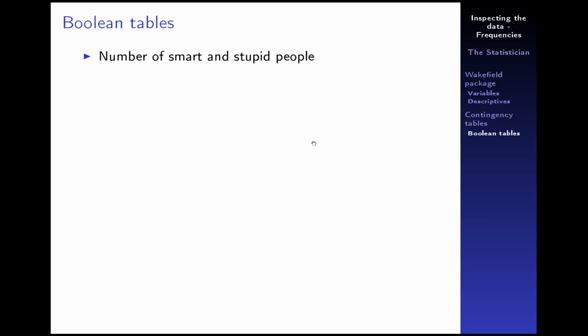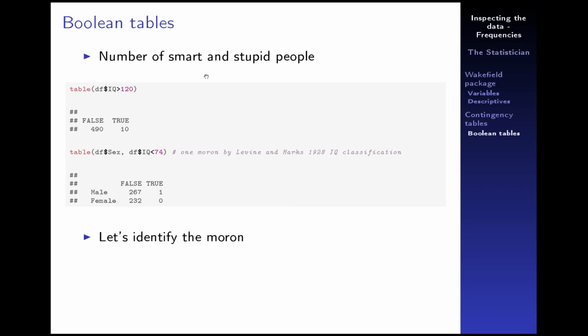For example, we can set a table that tests whether the IQ variable is over 120, and it will print the numbers of false and true observations, and there are 10 individuals who have a bigger IQ than this, and then we can also check